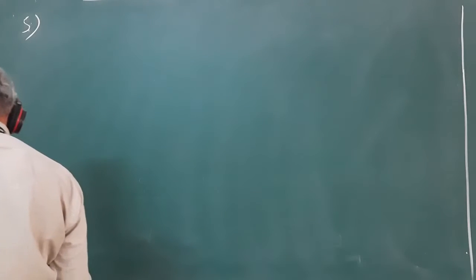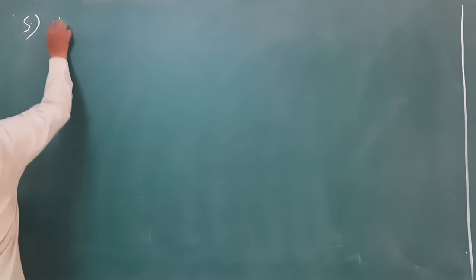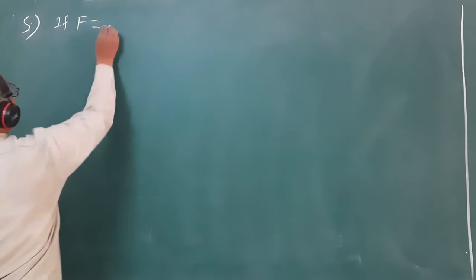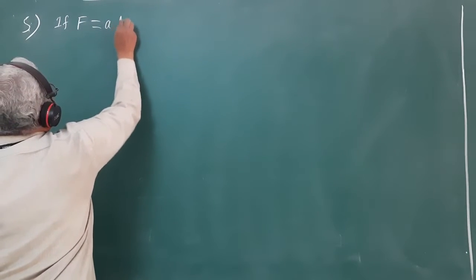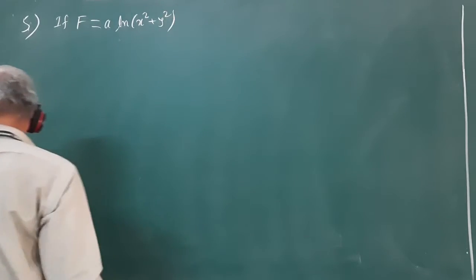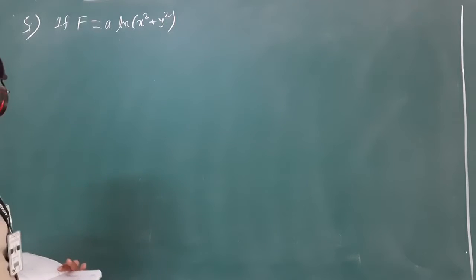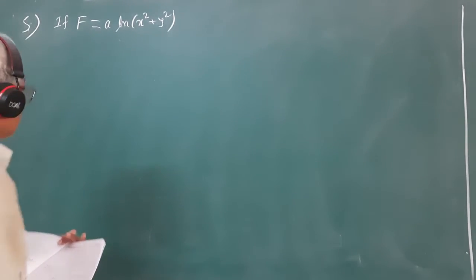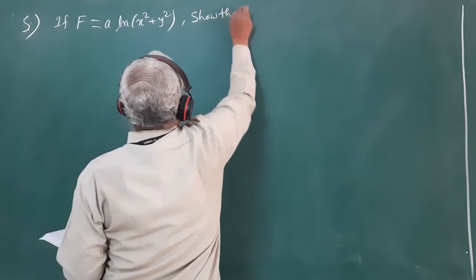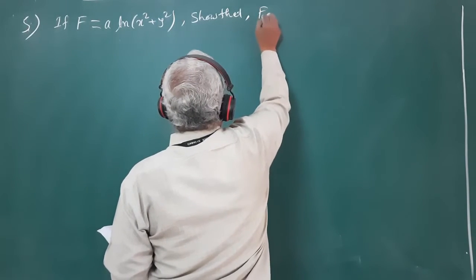See the fifth problem. Here we are given the function f expressed as a ln of x square plus y square. f is expressed as a ln of x square plus y square, and you are asked to show that fxy equal to fyx